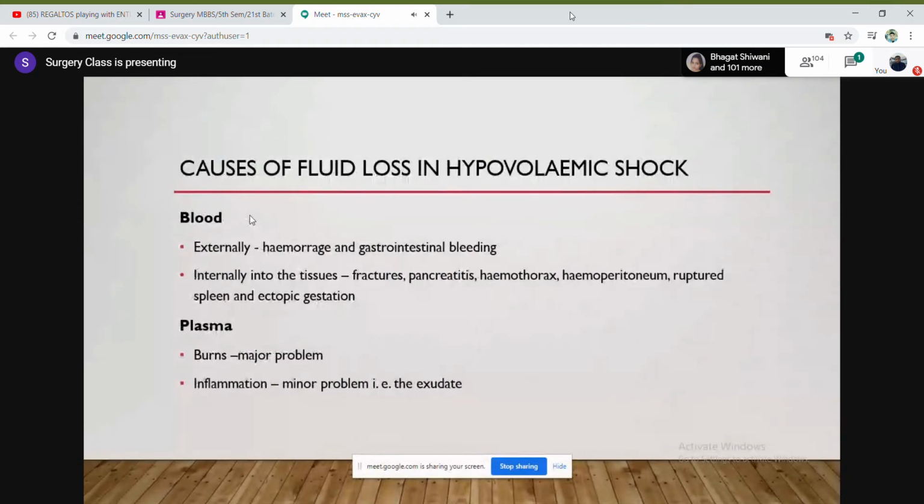So what are the causes of fluid loss in hypovolemic shock? Well, I was telling you, blood. Externally, when there is an external injury like a road traffic accident, somebody sustained massive injuries and you can see visible blood coming out of the human body, hemorrhage. And then gastrointestinal bleeding. Externally, we have categorized this as gastrointestinal bleeding. If somebody is bleeding in the gastrointestinal tract, either you have hematemesis, which means vomiting of blood,